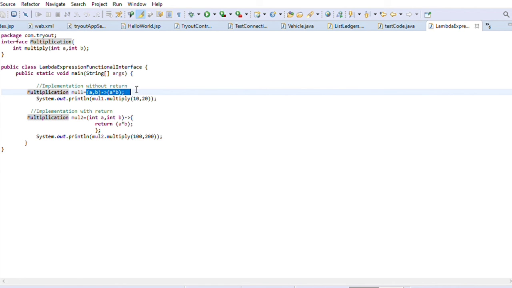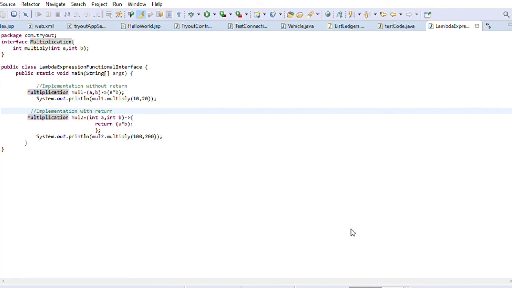The same code which I showed you earlier: a comma b arrow a into b, and it would return a into b. Second way is to put it inside a pair of curly braces and return a into b. And I have passed different values both the times.